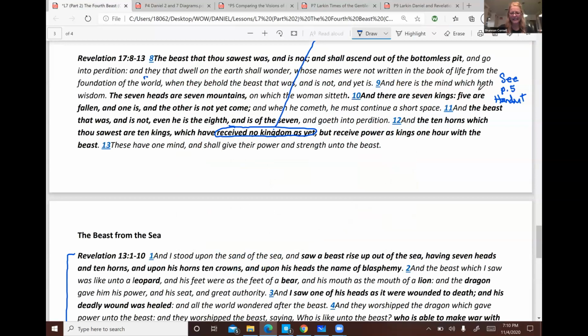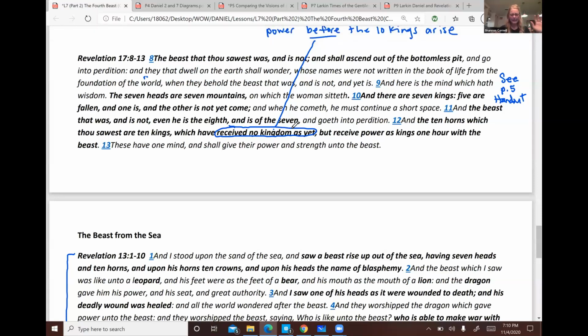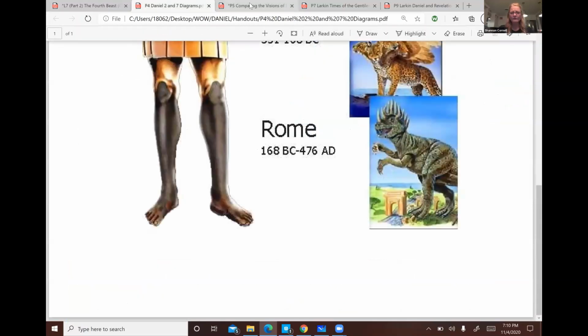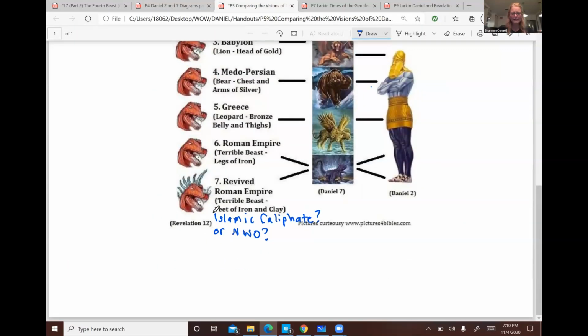Okay, and there's more. It says, and the beast that was and is not, even he is the 8th and is of the 7. So depending on our perspective, if this is a collective understanding of the beast representing empires, as we're seeing from Daniel chapter 7, then the beast that was and is not, even he is the 8th and is of the 7, we can say, well, the 7th here could possibly be the original Islamic Caliphate, which has been dissolved, yet will be revived again to be an 8th empire, but it's of the 7, right? So that's definitely a possibility.